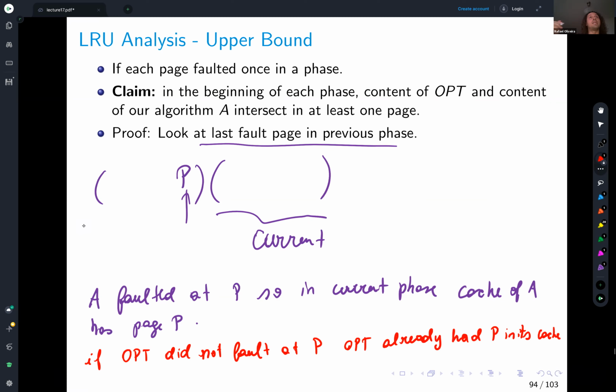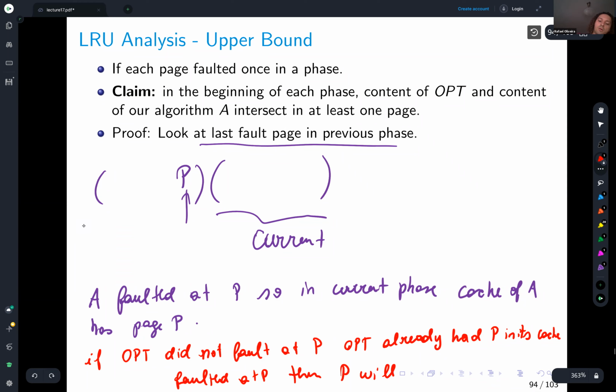And it will continue to have within the phase, right? Like in the beginning of the phase. But if opt faulted at P, then P will now be in opt's cache. So you can see why we're defining the phase this way, like after a failure, because after this failure,